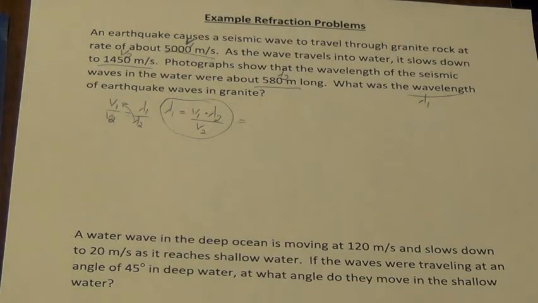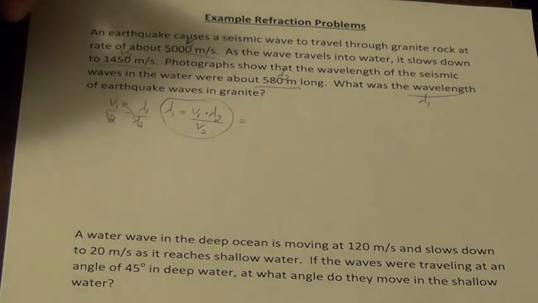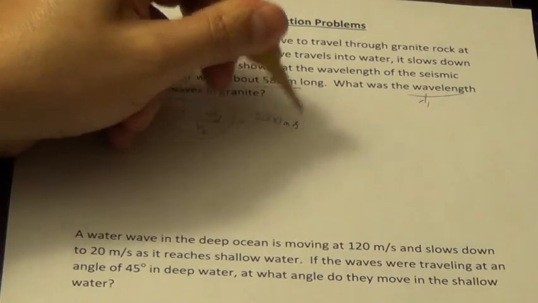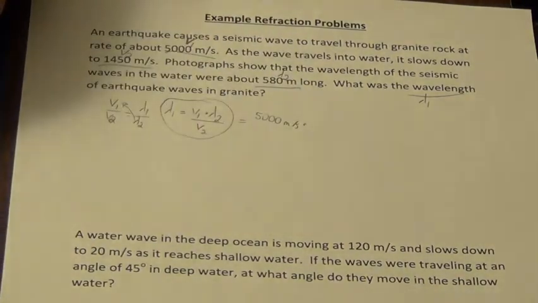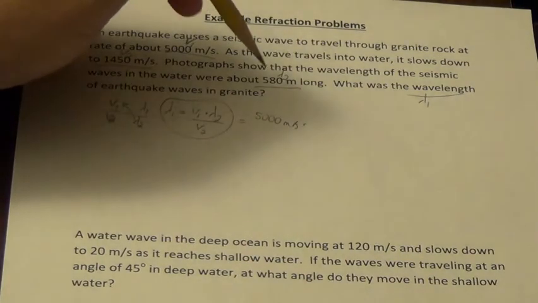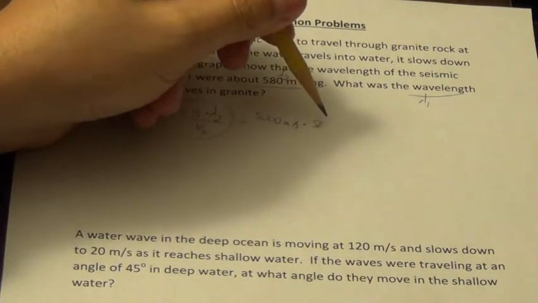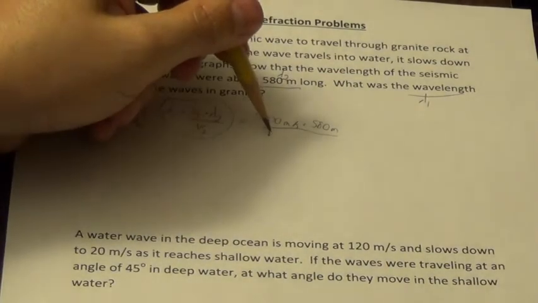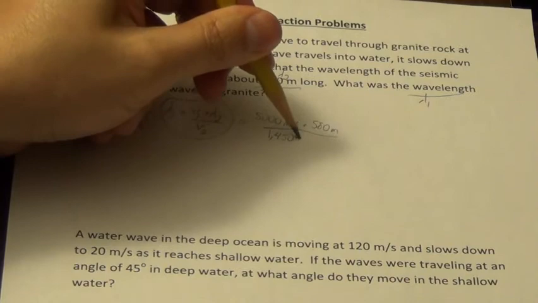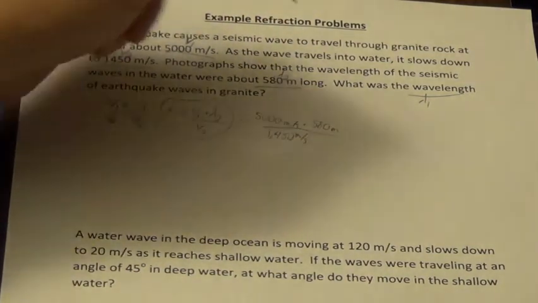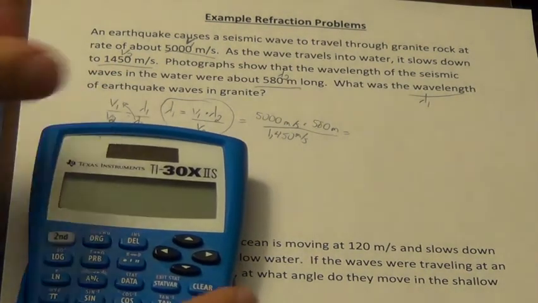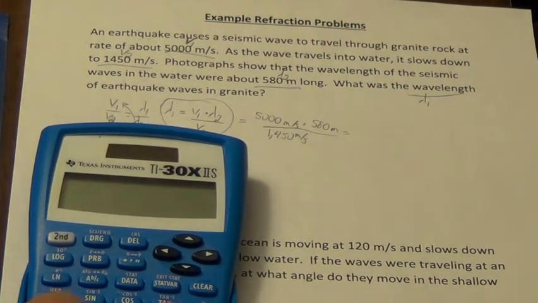I'm going to go ahead and assume that you've taken the time to work that out. If we plug in our numbers, what we have here is 5,000 meters per second, and you multiply that times the wavelength of 580 meters, and you divide that by 1,450 meters per second, the speed of the earthquake waves in the water. And if we go ahead and multiply those out, we've got